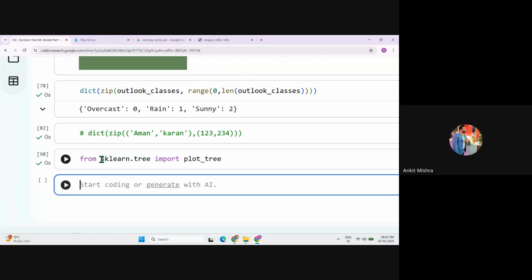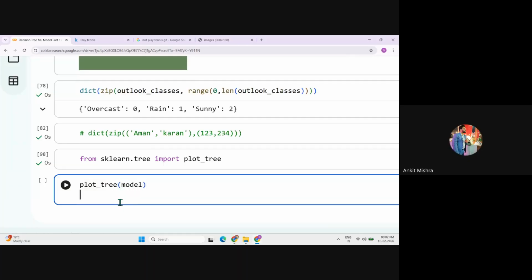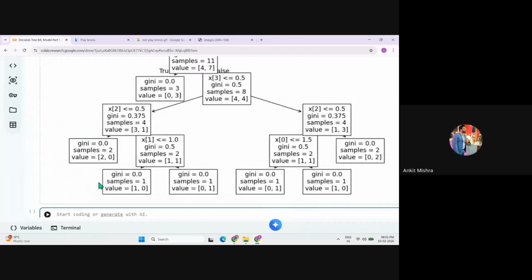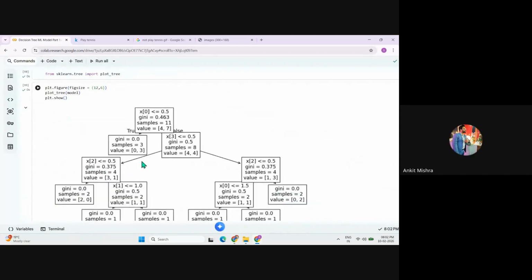Inside plot_tree, this one is very easy. You just need to give your model, and you can use plt.show, and you can also increase the figure size with plt.figure and figsize. I hope everyone is aware of that. Let me quickly give the figure size as 12 by 6 and run this. Okay, and we are getting some sort of tree like this, where this one is my root node,